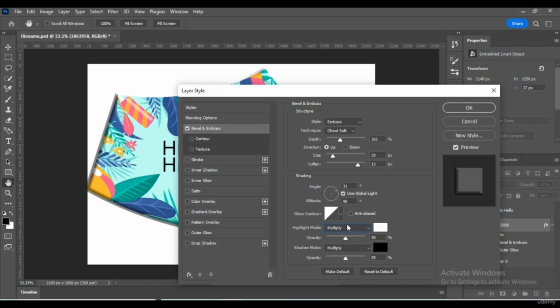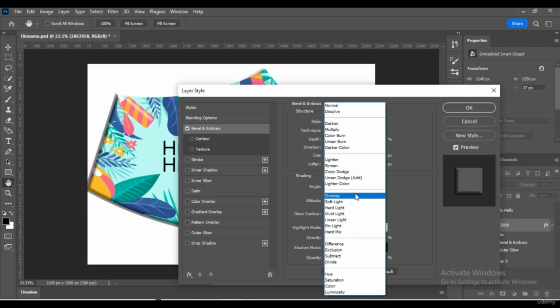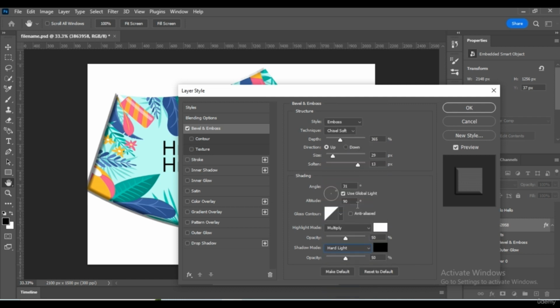Then the shadow mode is the same as highlight mode, but for the darker part of the color. Then the opacities set how dark and how light the darker and lighter parts of the object are going to be.